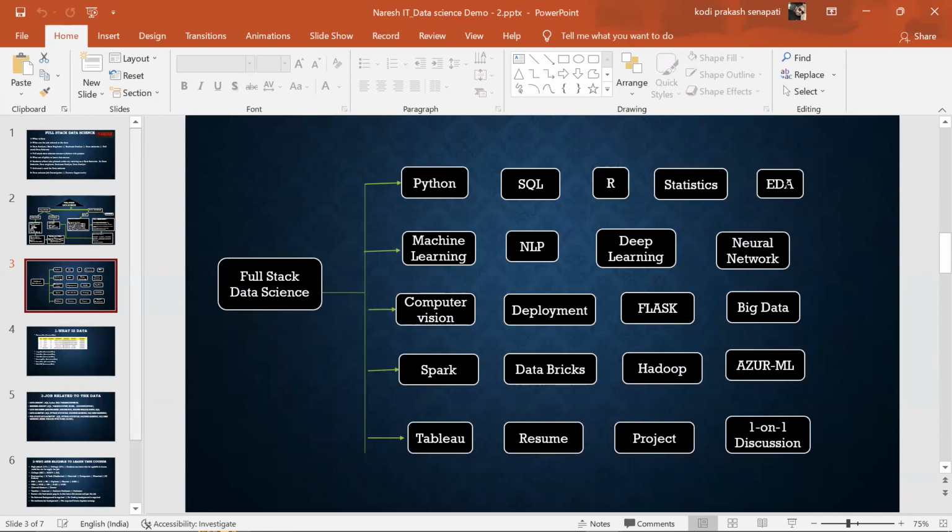Data analysis and exploratory data analysis are two different topics. Machine learning, NLP, natural language processing for text, deep learning, neural networks, computer vision, deployment, Flask, big data, Spark, Databricks, Hadoop, Azure ML, Tableau, resume, projects, and one-on-one discussions.